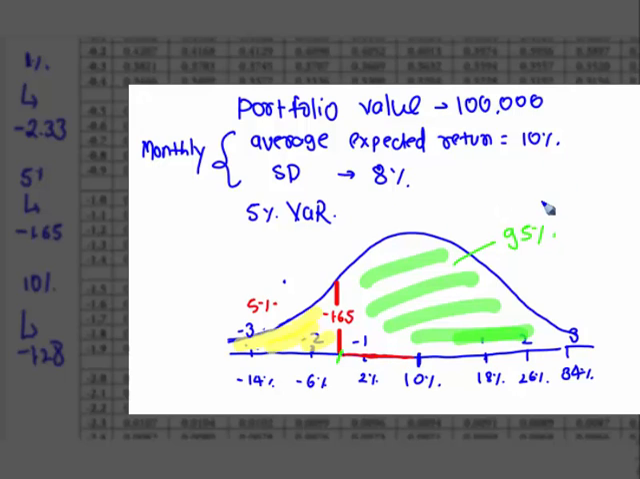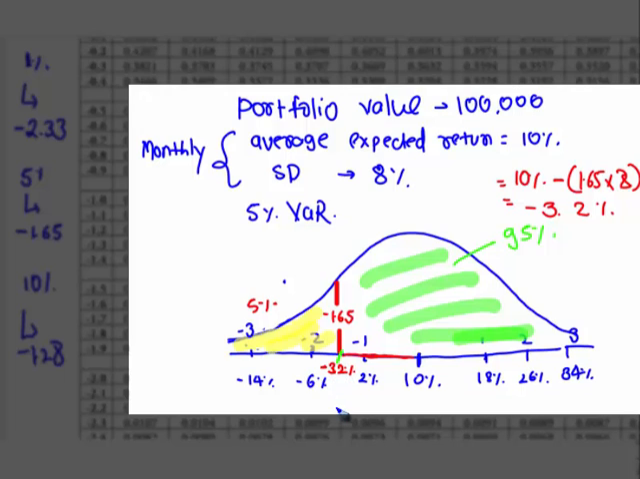So then how will you calculate that? You would say 10% is your mean minus 1.65 into what is the standard deviation? 8. How much is that? Minus 3.2? That's it. So minus 3.2%. So then you would say that your